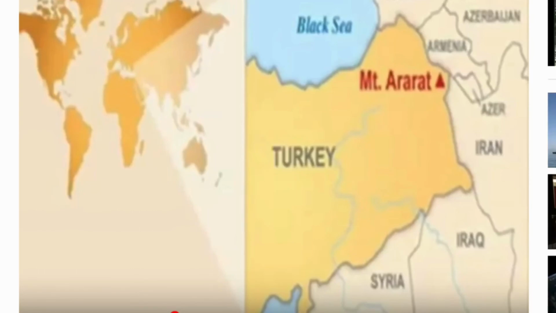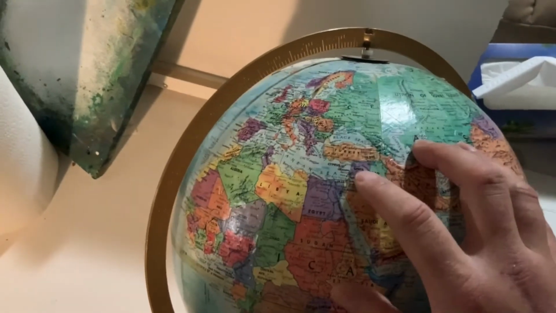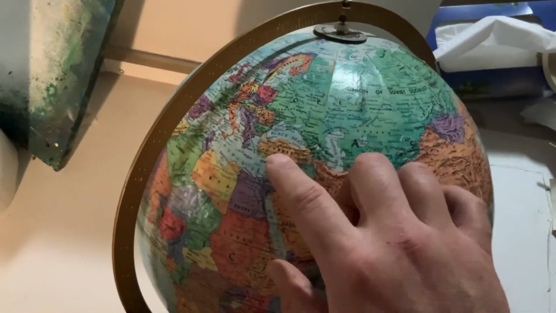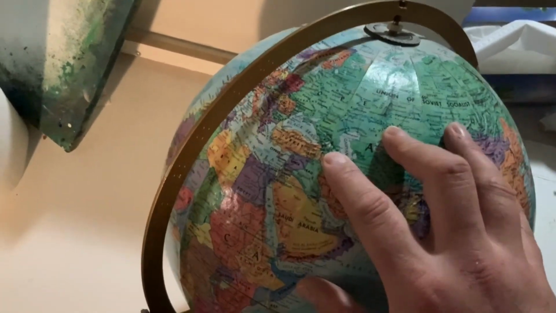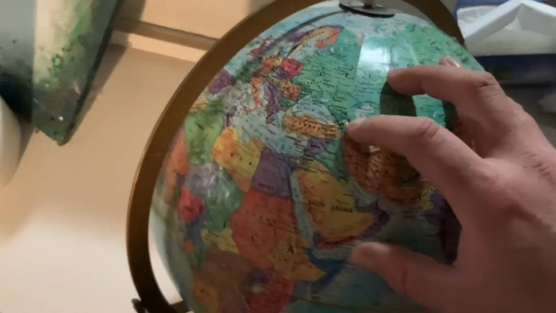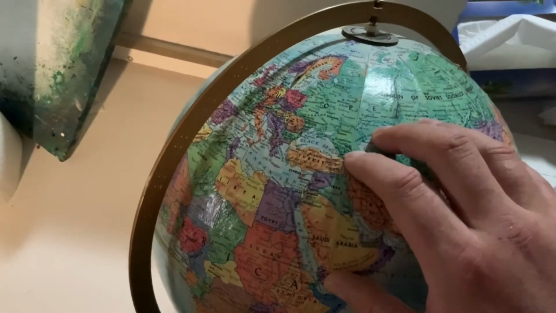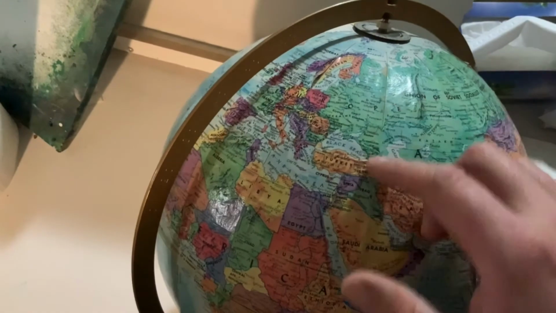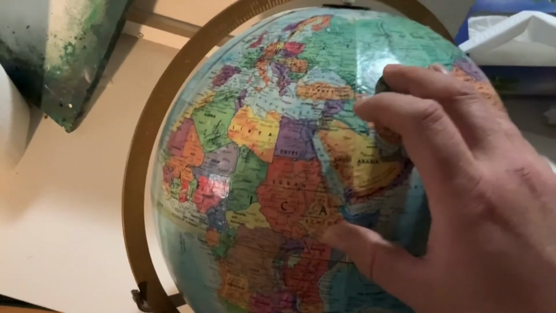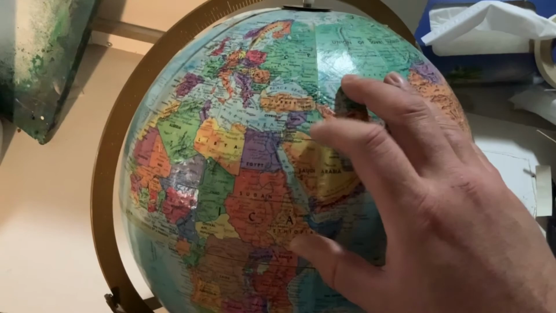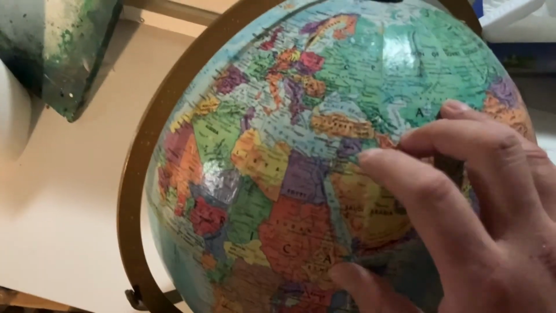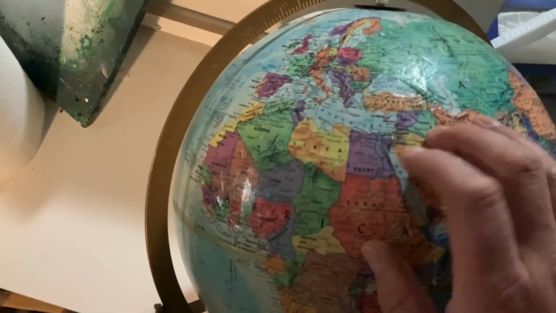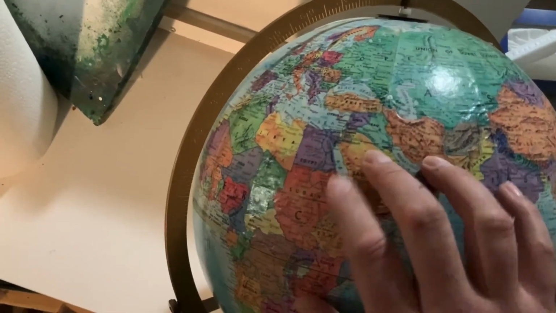Now I'm going to take you over to my globe here and I'll show you how this all fits. Okay, now if you come up here to north of Africa, you see Turkey here. Right next to Turkey here are the mountains of Ararat. This is where the Bible says that Noah's Ark ended up. And I figure after they get off the ark, they probably won't want to stay in the mountains, they might be cold. They won't want to necessarily go north. They probably came down south, because this is where they say the world's oldest known civilization is. Okay, Mesopotamia, right? And then there's Egypt, which is usually the second oldest, they say. Sometimes they say first, but usually the second.